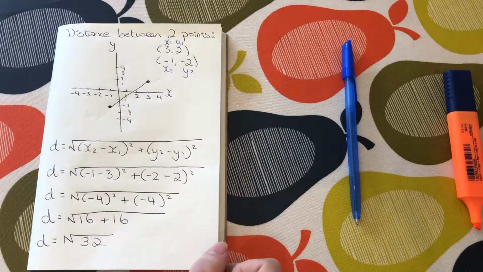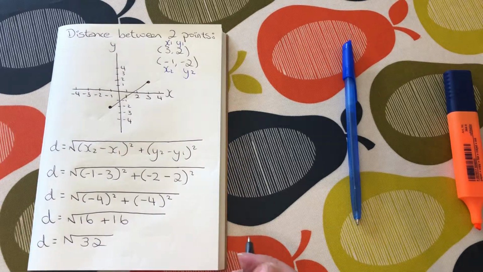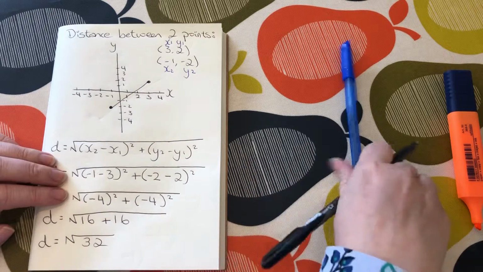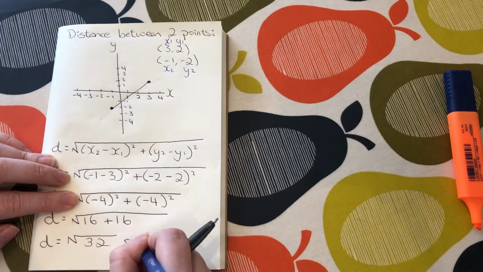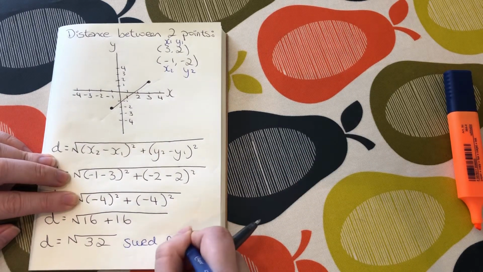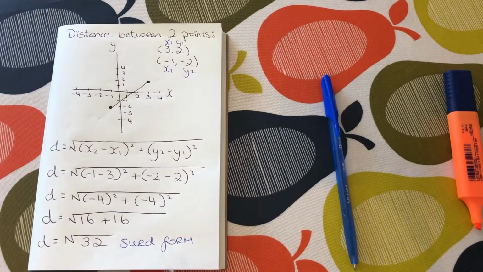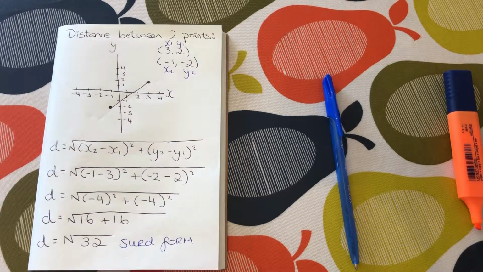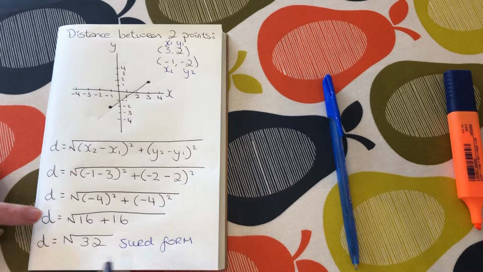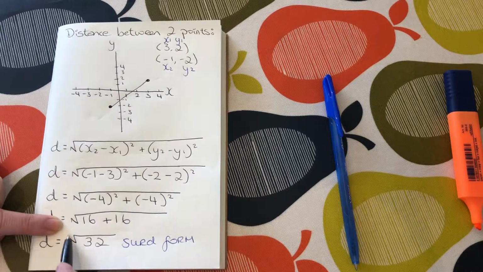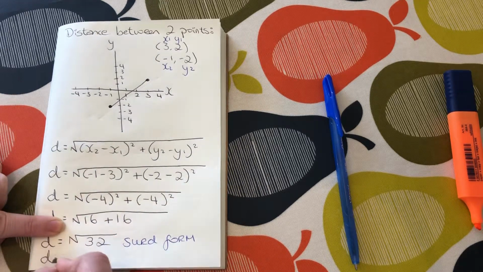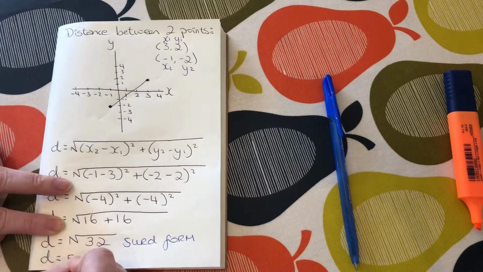Now in the question, read what it asks you. It might say leave your answer in surd form. If it says leave it in surd form, then it looks like this. You just leave it as square root 32. It might say in the question, give the distance correct to 1 decimal place or 2 decimal places. In which case, you'd go to your calculator, you'd put in square root 32, press equals, and it'll give you